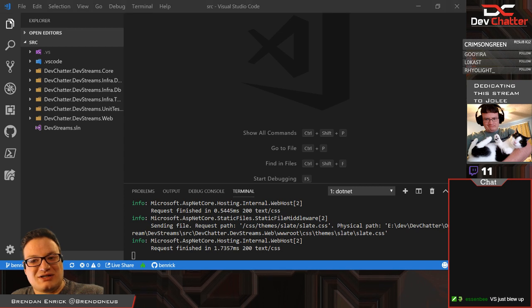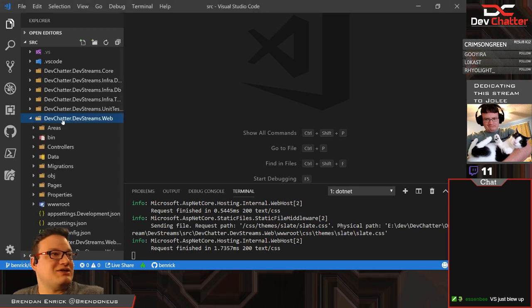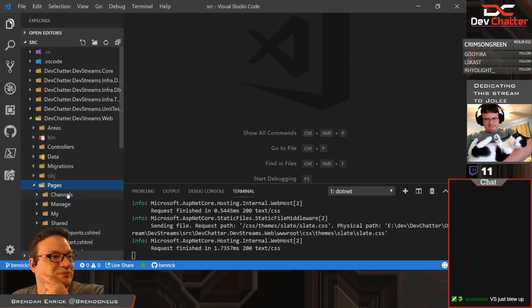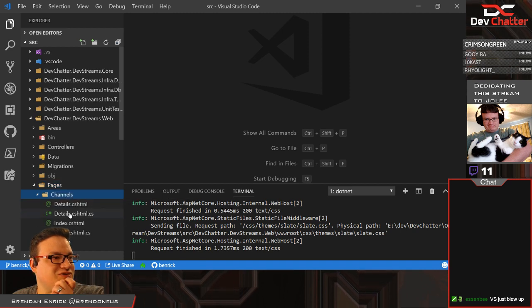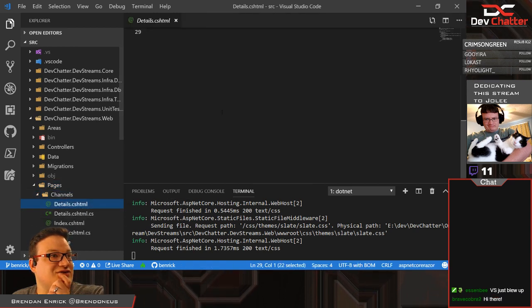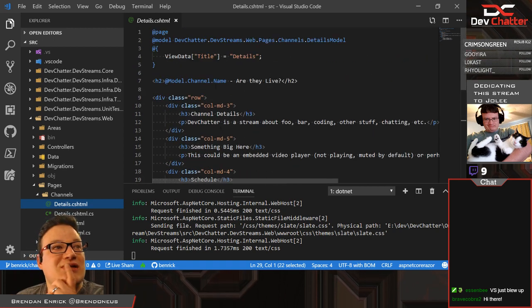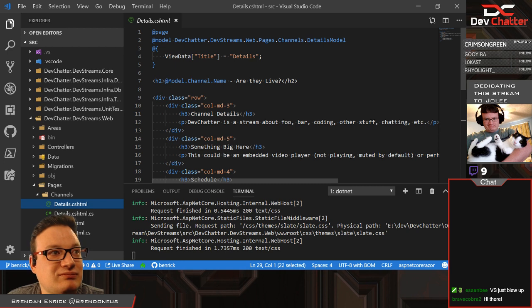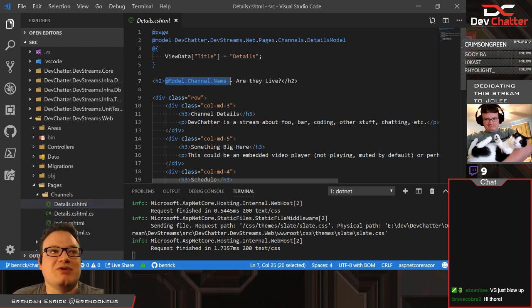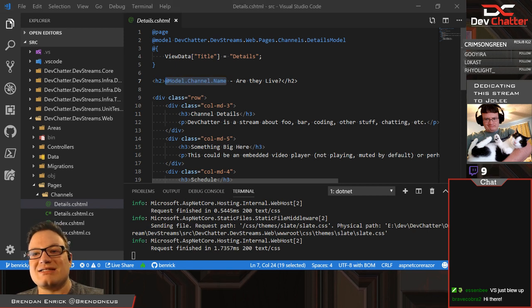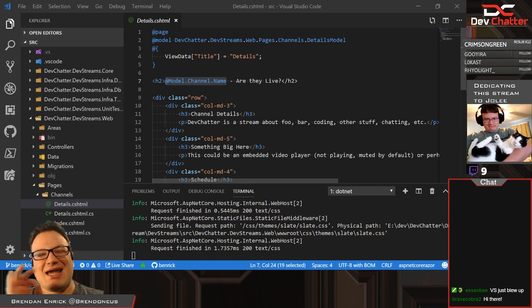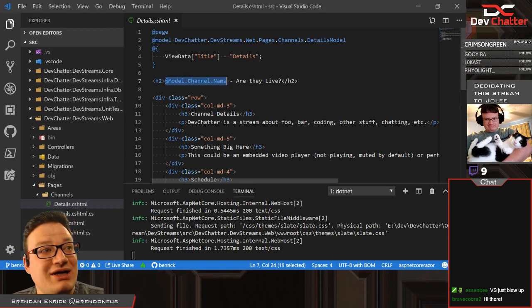And while I restart a couple of Visual Studios, we'll just dig into it in here. So pages, channels, and we said details. So it's this one here, it should be the Razor page. Okay, so the couple of things that we've got here. The channel name, straight up, we can grab immediately, pull it right out of the database. That is easy to grab and should not take any time. Therefore, when you load the page, channel name should come with it.